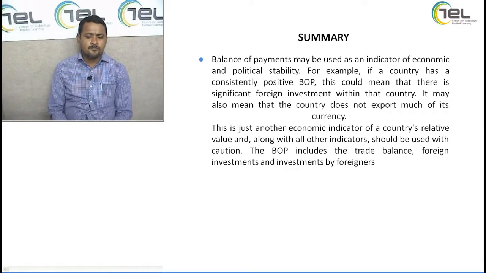It goes on to show the relative value of a country. It is one of the measures which includes trade balance, foreign investments, investment by foreigners in India and in the host country. So BOP, I can sum it up, is a measurement of the efficiency of an economy over a large period of time,